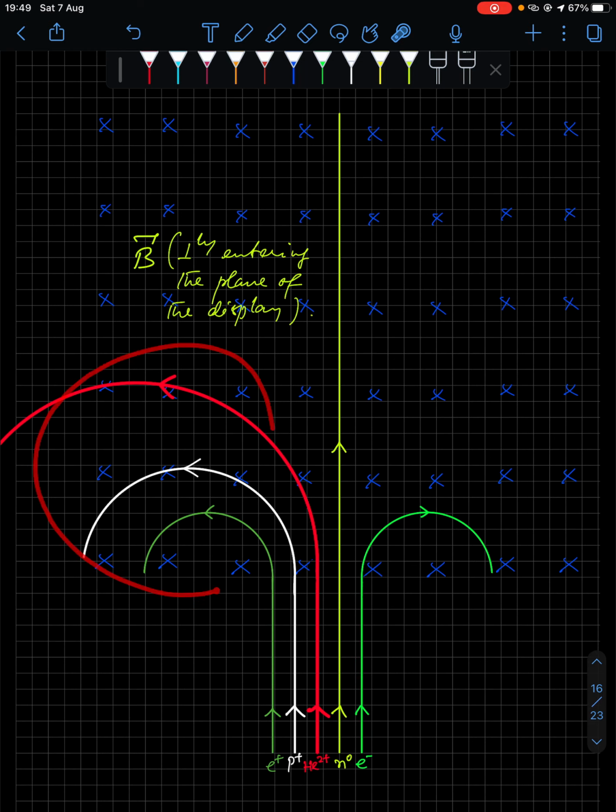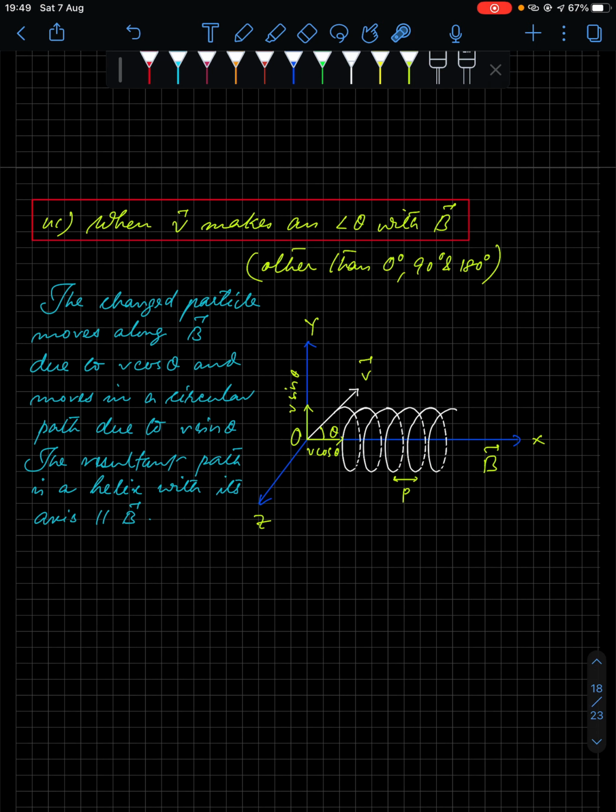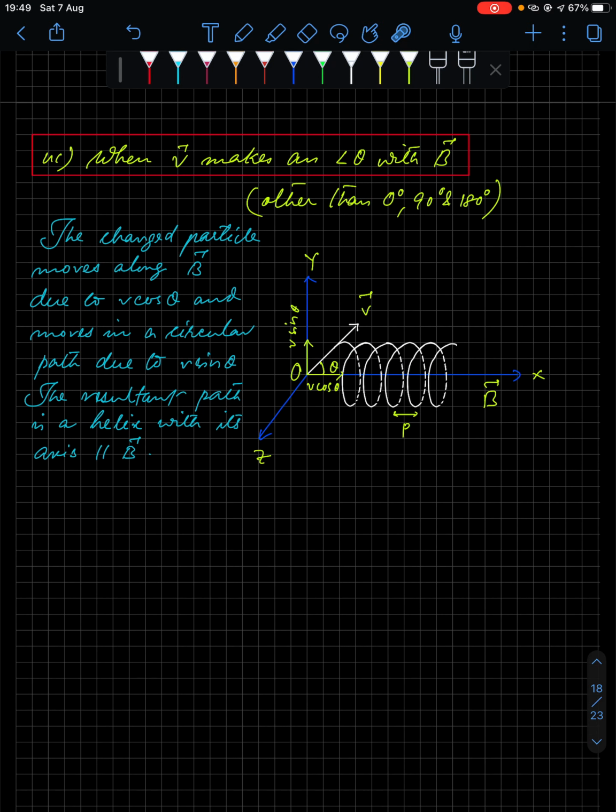For electron, because it is negative charge, the deflection is opposite to the positive charges. And here the radius or the deflections are in accordance with the above relation, and the neutral particle is traveling along a straight line. Okay, so if you have understood this, then you can go through this homework. You can try this homework and share the results.